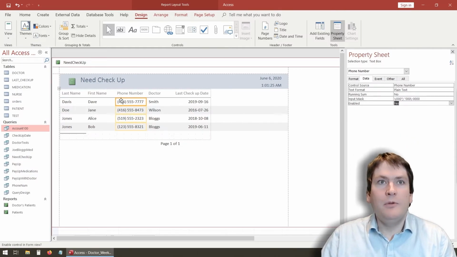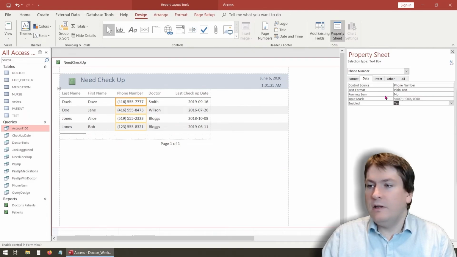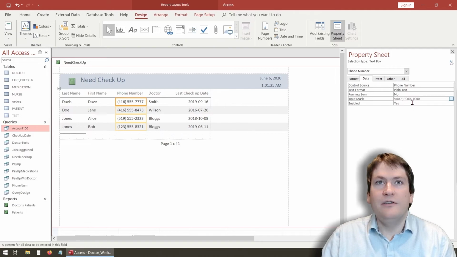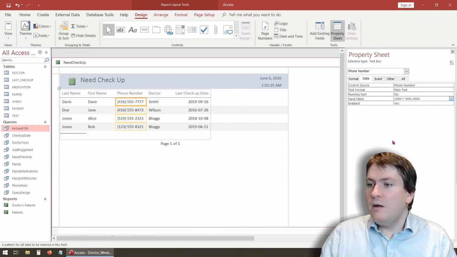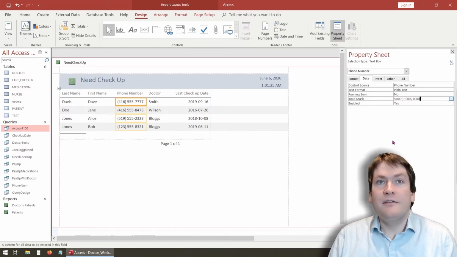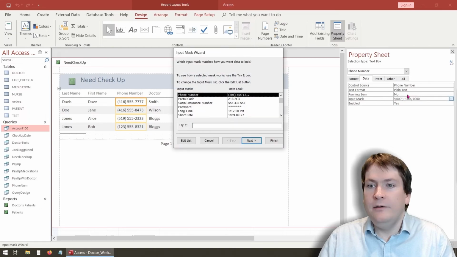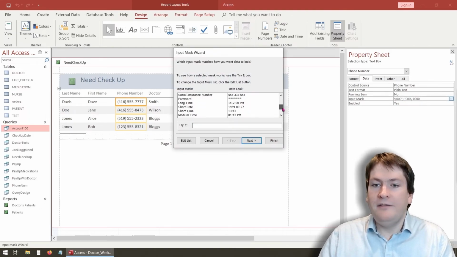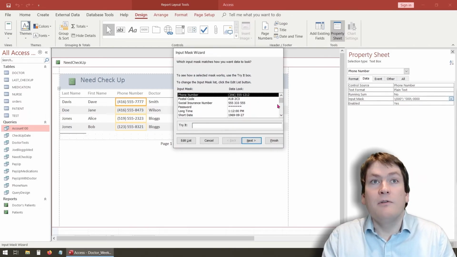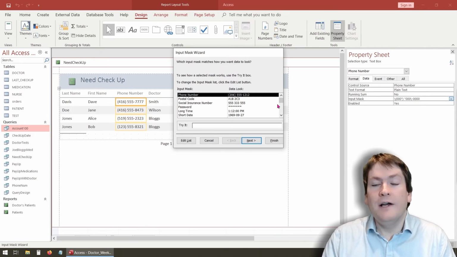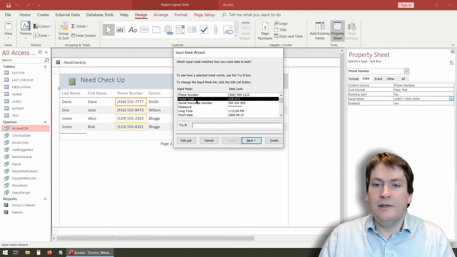And you can see all the phone numbers just changed their format. So I did type this out by hand, and after I typed it out, Access changed it a little bit just to make it look nicer. But you should understand input masks, because that is going to be a section on the final exam. When you're doing it in real life, you can always select this little tool here, and it'll give you a few different input masks that are built in, and those cover most of the use cases you'll find in real life. But it is important you understand them, because for example, if I just select phone number,